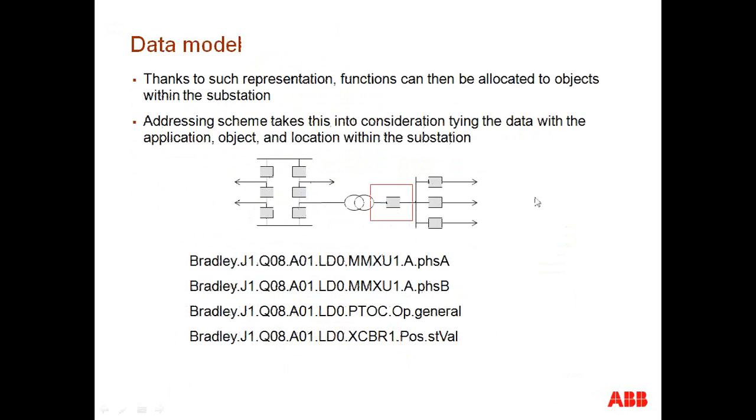So instead of just having MMXU.A.phase A, actually from a gateway perspective, what I have is Bradley, the name of the substation, then J1, the voltage level, where this particular bay is, Q08, the number of the bay within that voltage level within Bradley substation, A01, the IED that's associated with bay Q08 within voltage level J1 within Bradley, and then we can have the particular piece of information, which in this particular case is phase A current. Same thing for phase B current. Same thing for PTOC.OP, which is protection time over current. And same thing for our XCBR